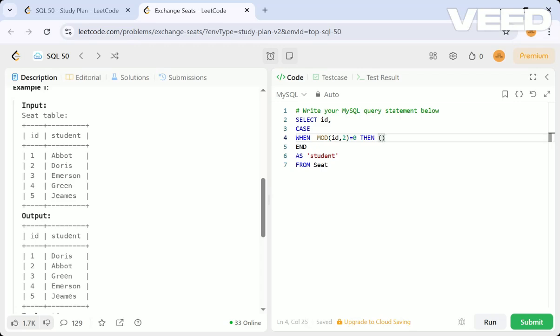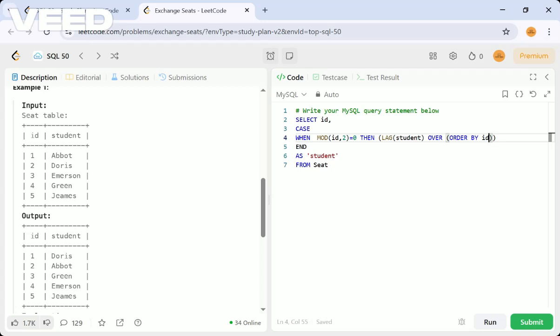At that time we have to get the previous student using lag. We also have to order by, they're asking, right? Order by id. This is the one case.